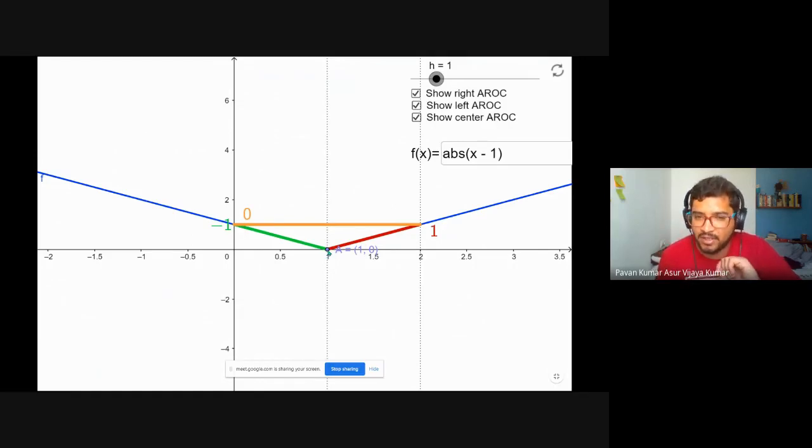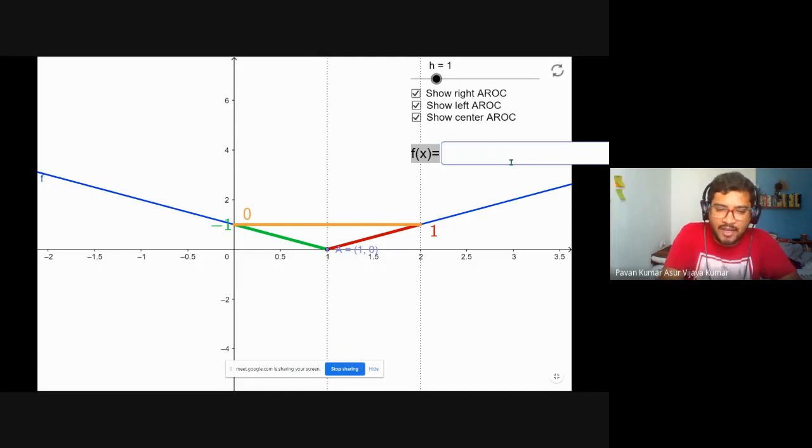What happens at x equals 1? Now the h here is plus 1, which is 2, the dotted line on the right, and the other one is on the left, which you cannot see because it's merged with the x-axis. So this will be a problem, because if I don't have, let's say something like,